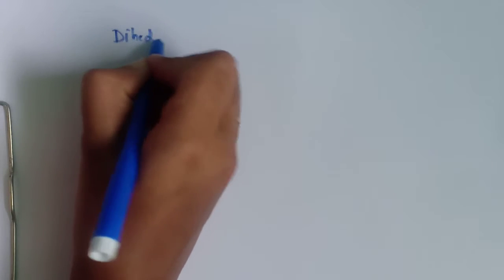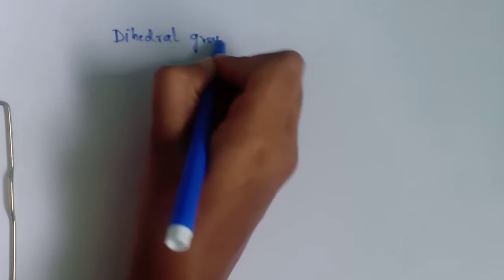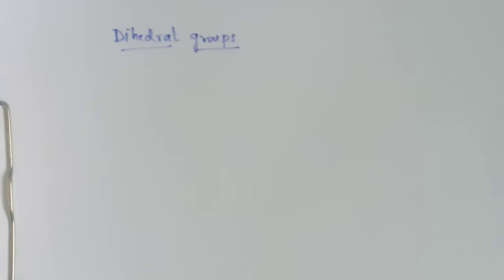There are five classifications under the point groups: low symmetry point groups, high symmetry point groups, groups with n-fold rotational axis, dihedral groups, and groups with improper axis of symmetry. We have already discussed the low symmetry point groups and groups with n-fold rotational axis of symmetry in our previous videos, that is part 1 of the point groups. Now we are discussing the dihedral groups. Before watching this video, please watch them to understand this concept better.